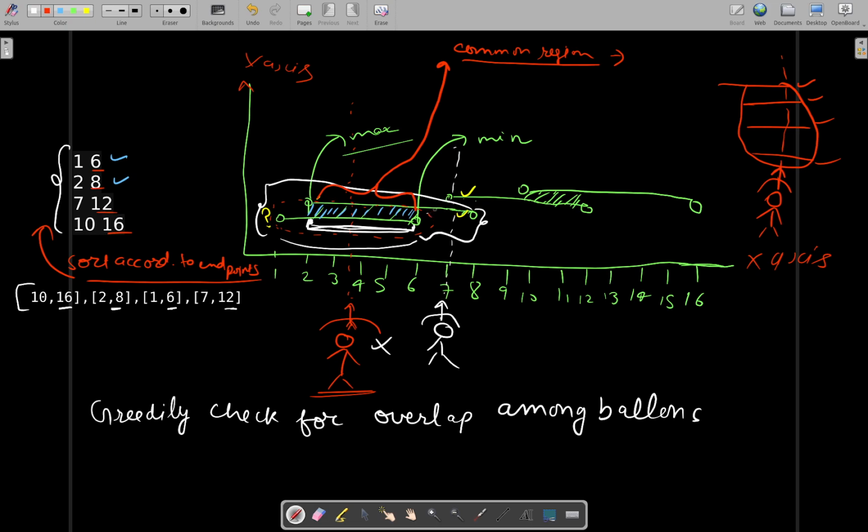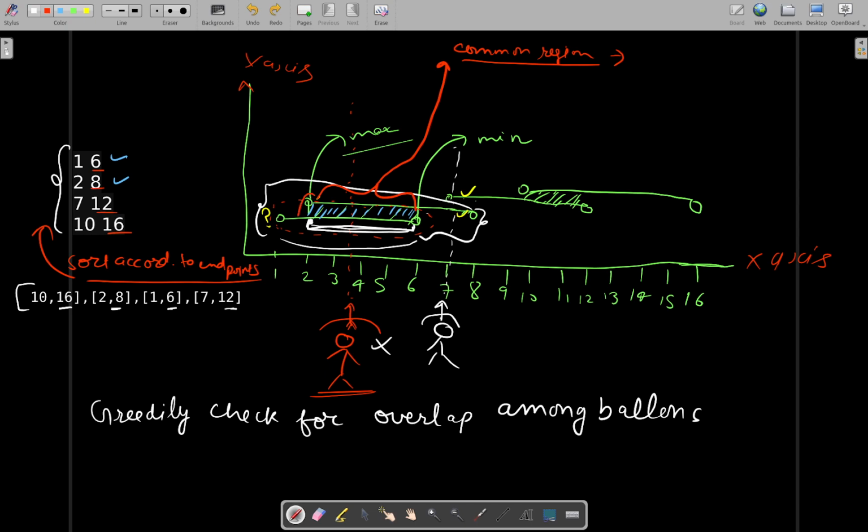So for that, what can we do here? This problem is quite similar to the merge intervals problem, if you are familiar with it, or you have seen my video from today's part. Okay, but anyways, I will be explaining here also. So to find this common region among two intervals, what we will be doing is,